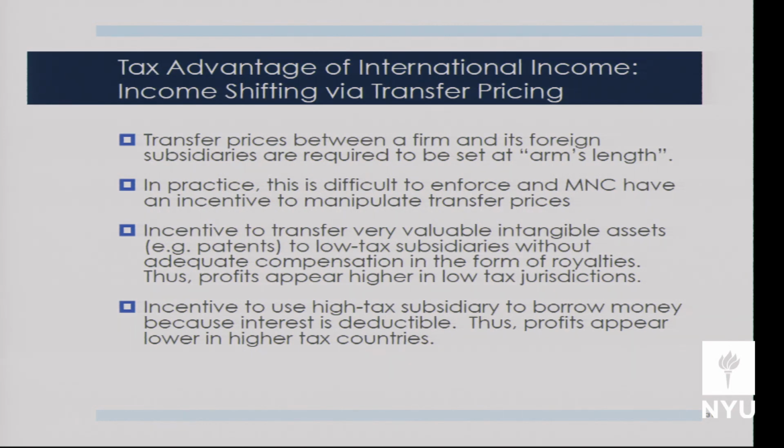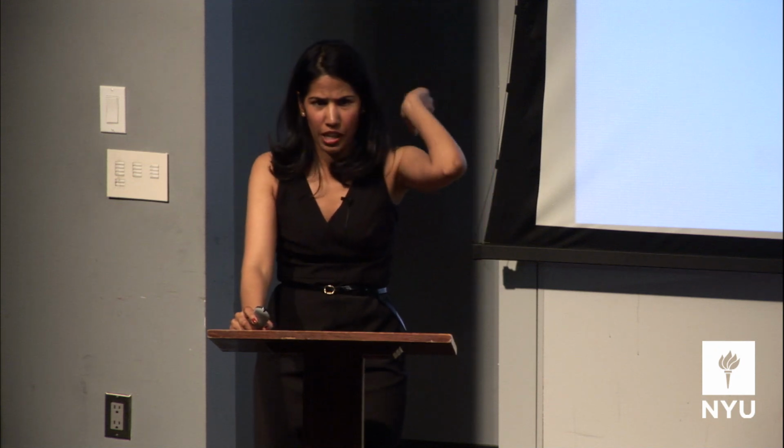So this could involve something like the Google case, right? Where does Google invent most of its stuff? California, right? Here in the good old US of A. But they licensed that IP to their subsidiary in Ireland, which then, through things I don't even want to get into, sent the income through the Netherlands, then through Bermuda, and Google ended up paying not very much in taxes, right? This is all legal. It's the idea that, when you operate in more countries that have different tax rates, you have more of an arbitrage opportunity, and firms take advantage of that opportunity.